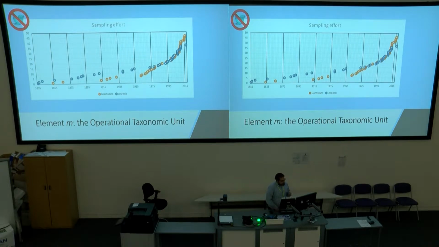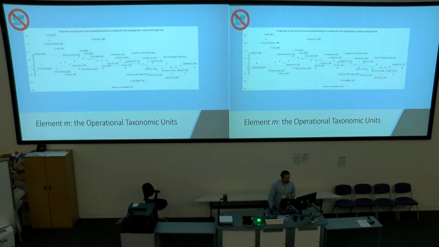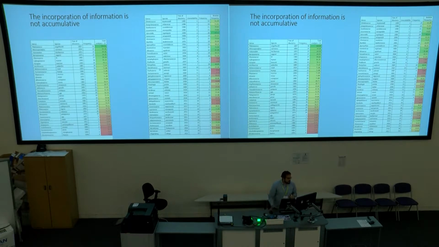First of all, if you take all of the basal sauropodomorphs and split them between the ones collected from Gondwana and Laurasia, what you see is that the sampling effort on Gondwana has increased, but overall you have the same proportion of Gondwanan specimens and Laurasian specimens. When you go to the phylogenies, you notice that there is a slight trend to oversample Gondwanan specimens. And in Gondwana you have the basal-most forms. So if you include the basal-most forms with the more derived ones, the chances of getting a gradual pattern increase. So the stepwise scenario could just be an effect of oversampling basal forms.